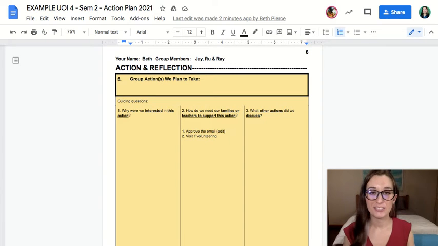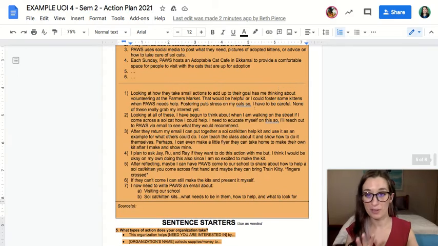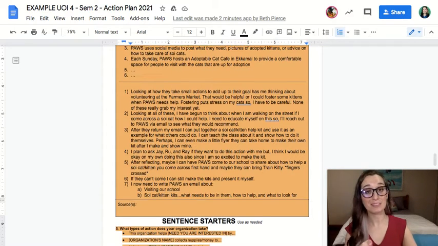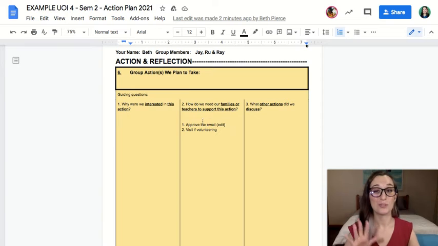In our action and reflection section, we're going to be focusing first on the action, which is our box 6 and our box 7. And if you had brainstormed in the previous section, your research, so up here, if you had done what I did and kind of brainstormed some things as they came to you as you were thinking about them, this is really easy to copy and paste in. If you haven't, this is the place where you do it.